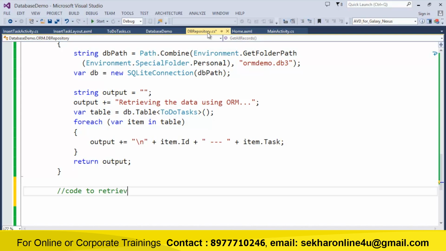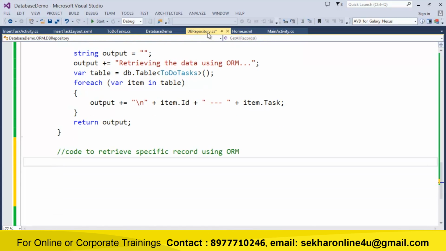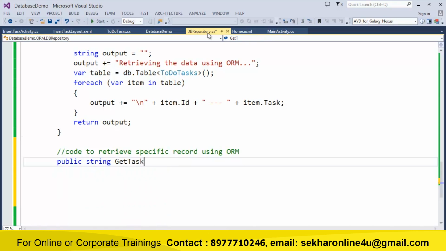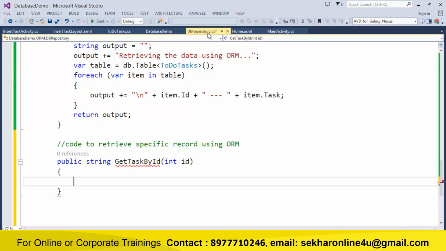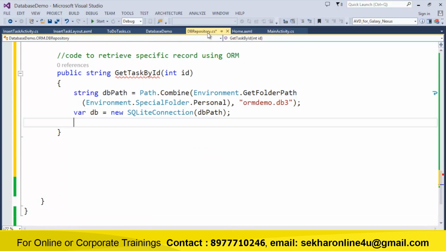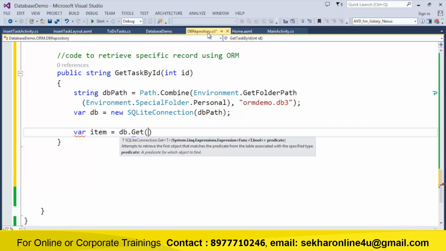Code to retrieve a specific record using ORM. When I wanted to do this, what I tried was to simply say public string GetTaskByID, for example, and I need to pass an ID. The first thing is I have to establish the connection, so I have done this. After I establish the connection, next I say where item equal to db.Get,